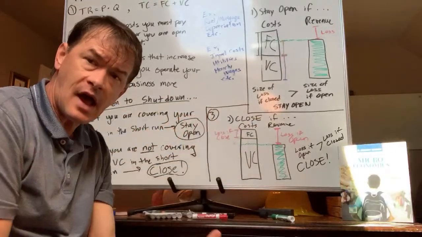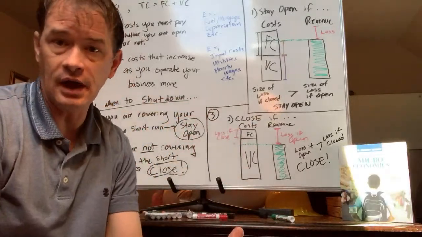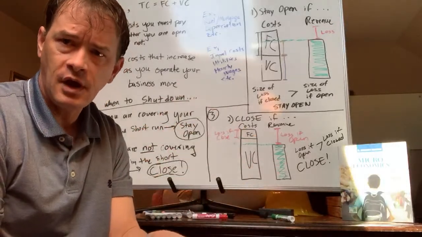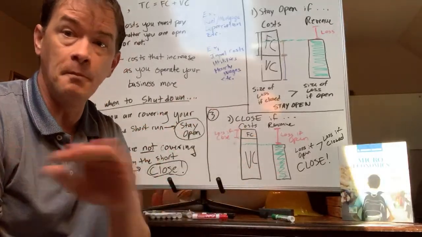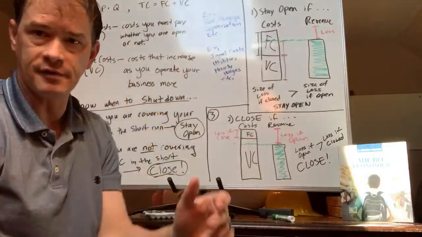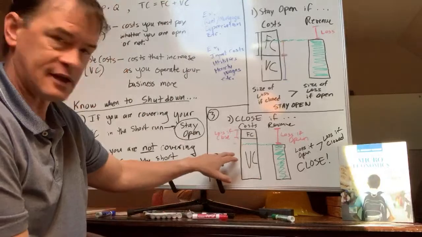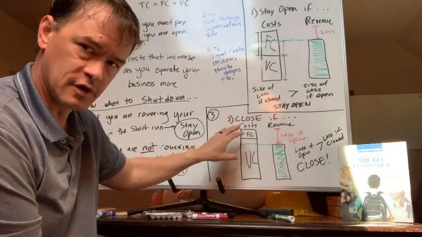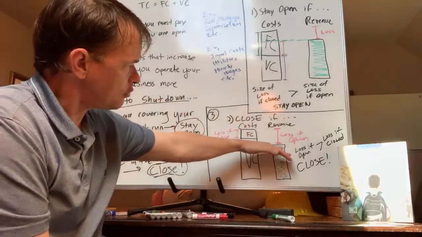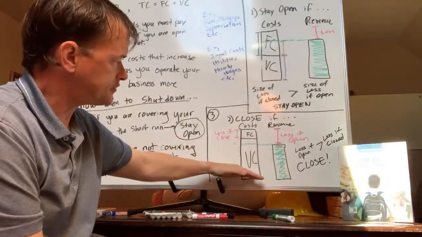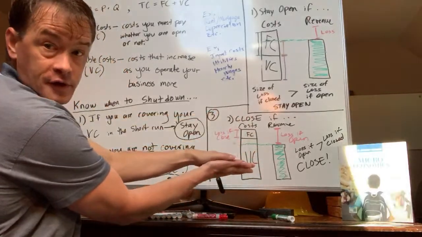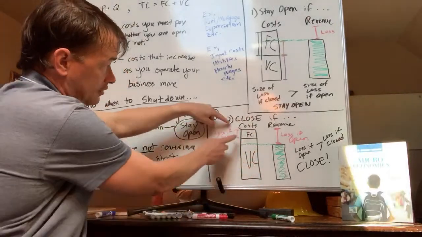Now, different businesses have different cost structures. Some people have very high fixed costs and a little bit of variable costs. A lot of people have almost minimal overhead and huge amounts of variable costs. This is that scenario where you have very little overhead and a lot of variable costs. Take your revenues, come over here. I'm covering this much variable cost. Hey, that's great, but guess what? If I shut down, all this variable cost goes away, and my loss is only here.